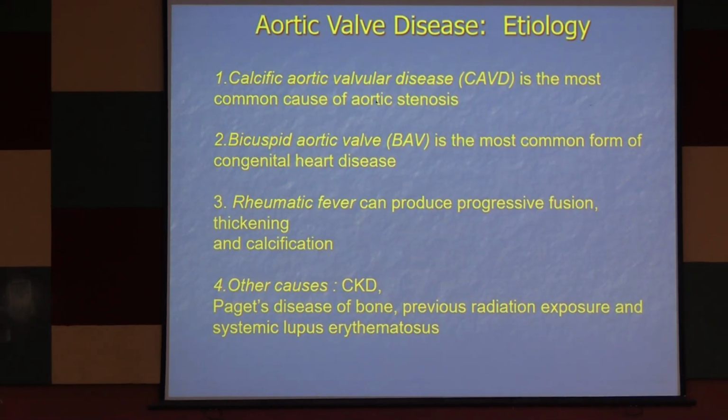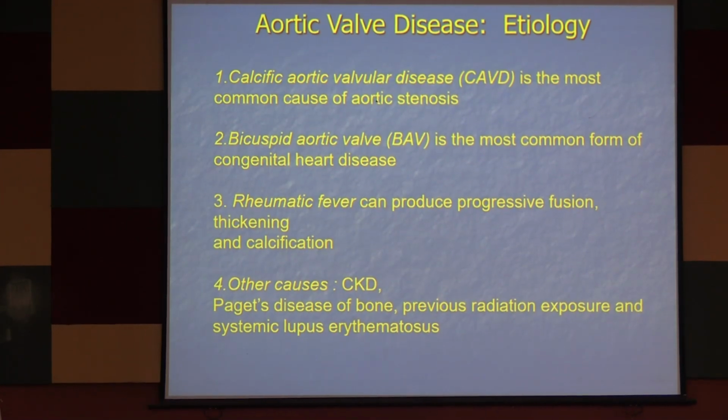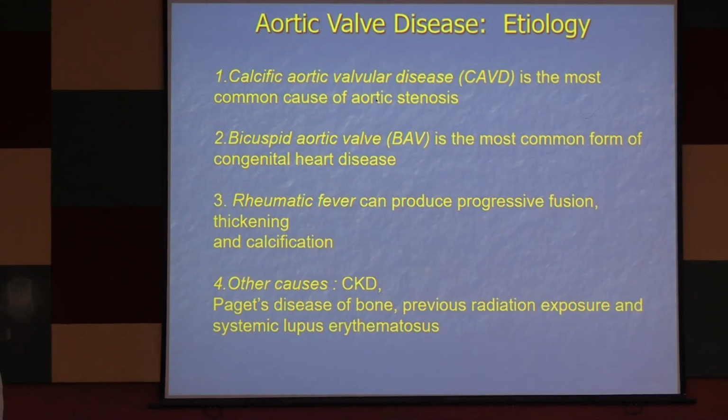Third process is rheumatic inflammation. Again, the process of scarring, fibrosis, and calcification are responsible for rheumatic aortic valve stenosis. And lastly, irradiation. As for example, mediastinal irradiation also produces scarring, fibrosis, and with passage of time, calcification, producing aortic